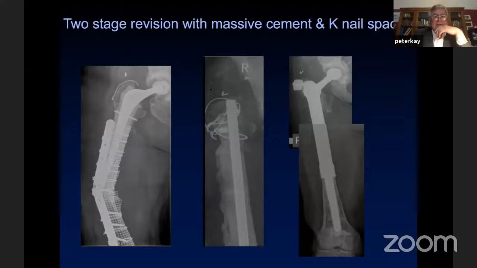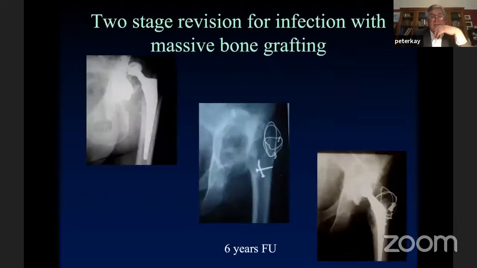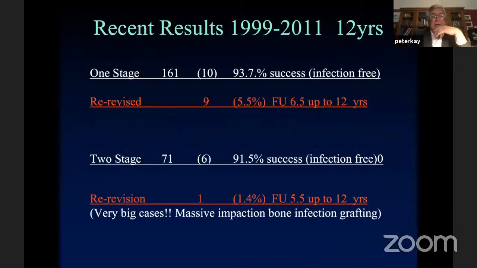Now, sure, we've got the massive cases where absolutely you couldn't do a one-stage revision, and there will always be two-stage operations, as I said, for the cases with lots of extra bone graft. If we look at our figures, our one-stage revisions do slightly better than our two-stage revisions in terms of survivorship at Wrightington. But that, of course, is because we're tending to do the two-stage revisions in the really bad cases where there's been really massive bone loss. So they're not directly comparable. And that's why you can't really compare one-stage and two-stage directly in terms of the series that are presented.